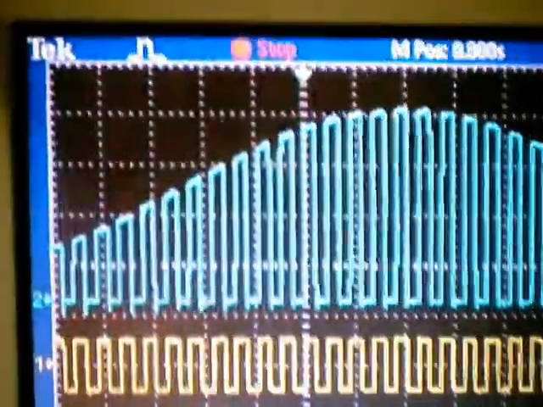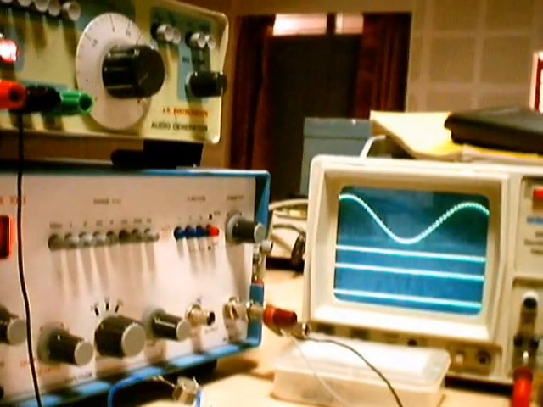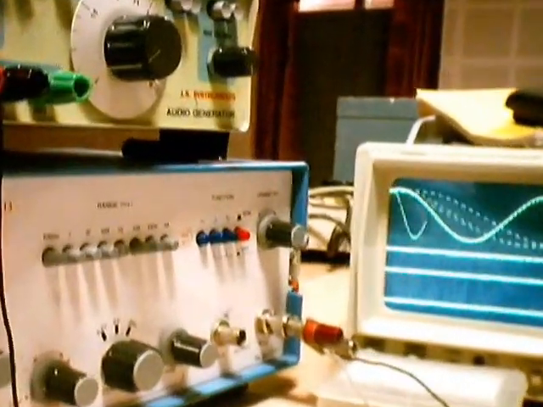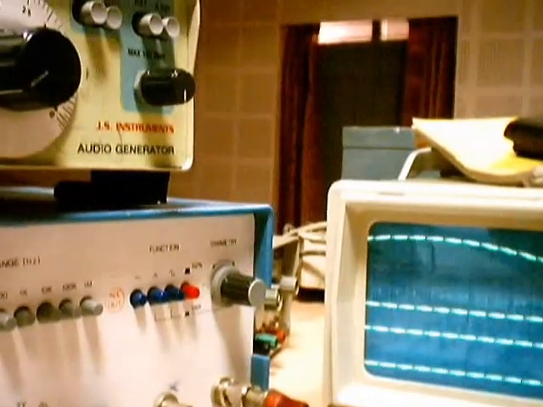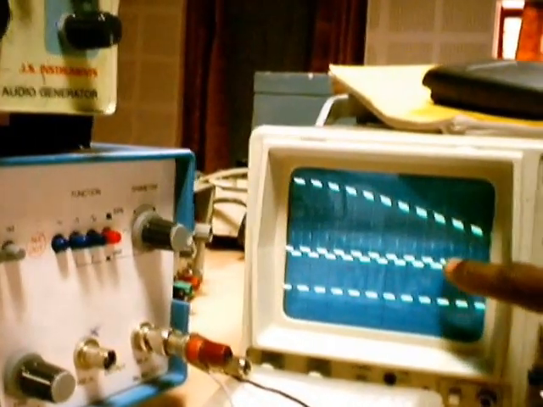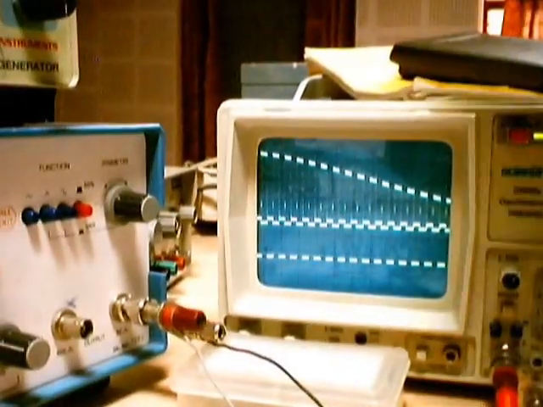You can store it, expand it and see that during the positive cycle it is so and so. But seeing it on an ordinary CRO, it may be a bit difficult to make out the PAM. Of course you cannot make out whether during the positive cycle it is turning on or off, because it is a bit difficult to hold it still. Even though it is visible here, you can make out that during the positive half cycle it is on, during the negative half cycle it is 0 voltage. If I go for a higher frequency, it may be difficult on this ordinary oscilloscope, whereas with the storage oscilloscope you can clearly make it out, whatever the carrier frequency of your signal.